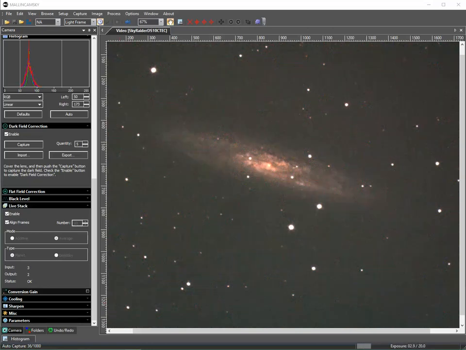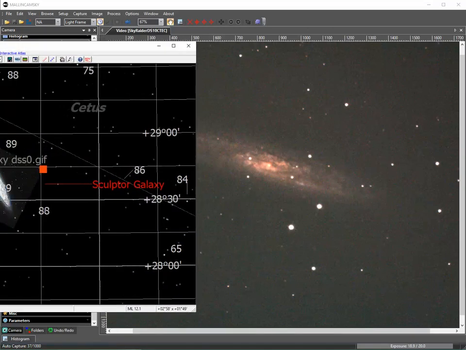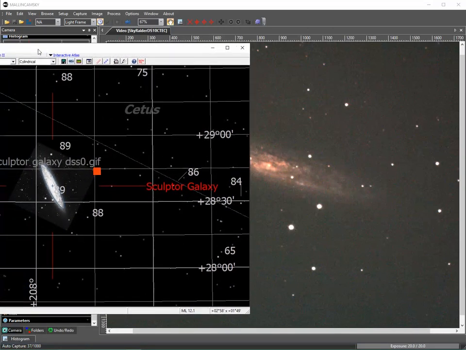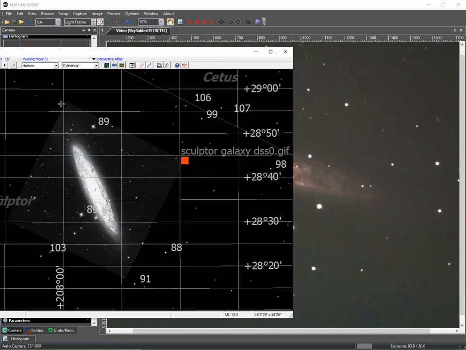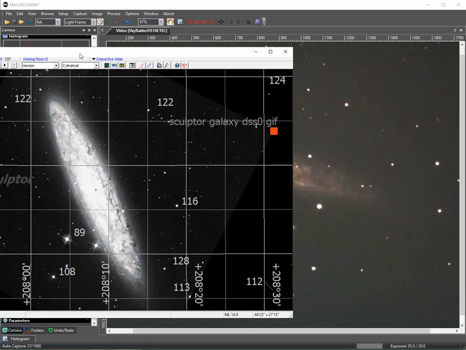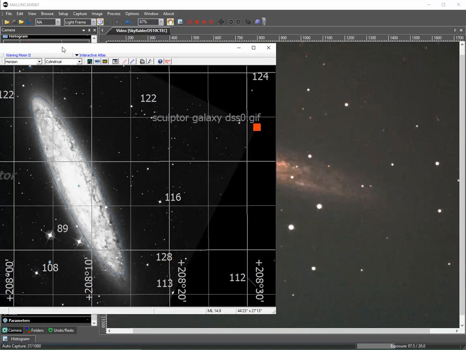And view, show DSS, apply, save, close. See, what I can do is I can drag the DSS image in from SkyTools. And you can see what a 48-inch Schmidt image looks like. And it'll record